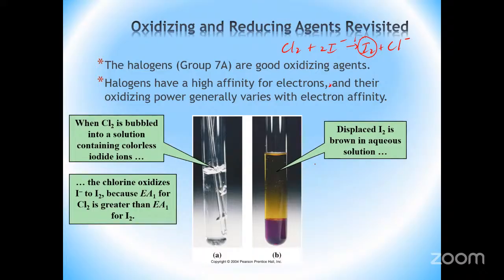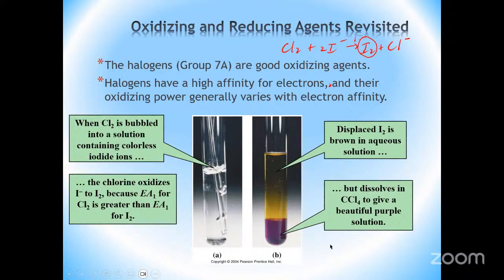In fact, if I'm not mistaken, they have an organic solvent here, which actually pulls the iodine into the solvent. I think it's carbon tetrachloride, I could be wrong. But you're going to end up with this purple color here as a result of the iodine going into that solution. Okay, yes, carbon tetrachloride is indeed the solvent. Okay,